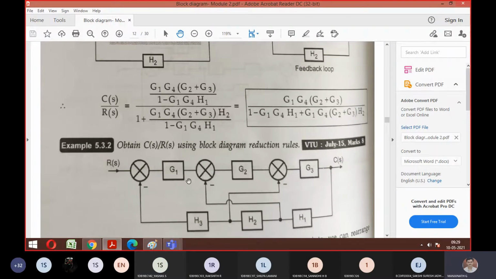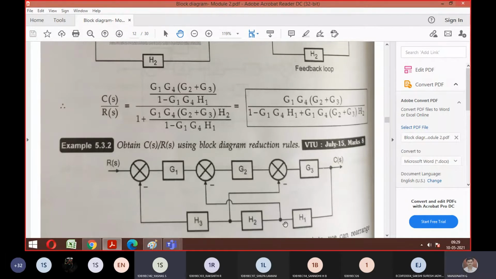Before that, how many forward paths do you have, guys? How many forward paths? One. Is it only one? 2, sir. 3. No. You have 3 forward paths? 3, sir. Yes, sir. Okay, can you tell me where those are? Sir, one is G1, summing point, G2. G1, G3, G. Okay. Next, from this H1 after one line is going, no, sir.